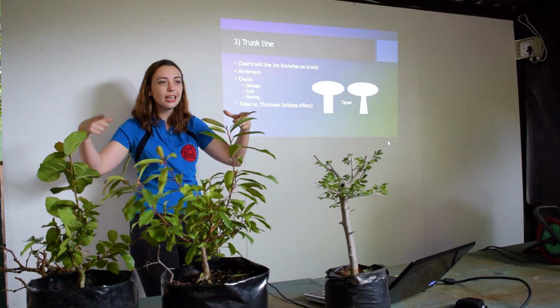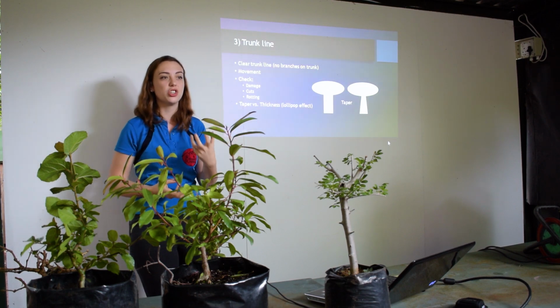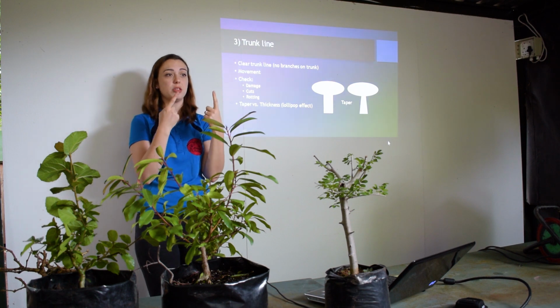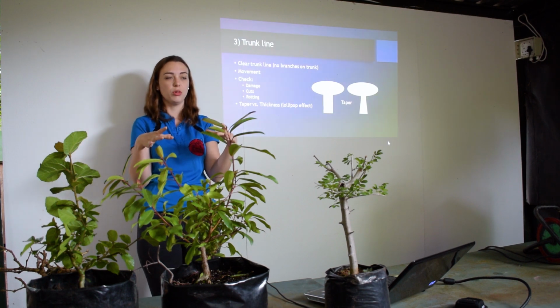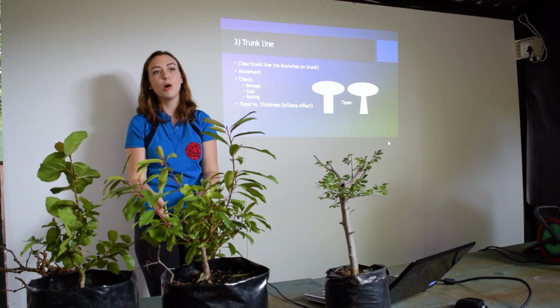It needs to go from thick to thin. Then you already have age and structure in your bonsai. Even if it's dead straight, if you just have a thicker base to work with, going smaller, it's already better than just a lollipop. Okay,